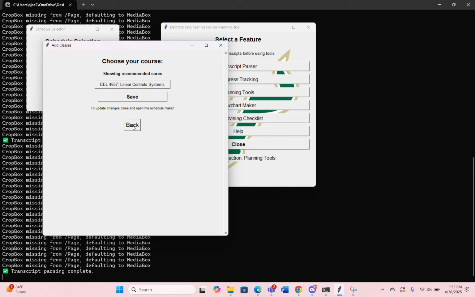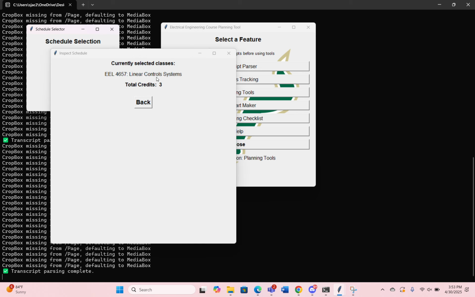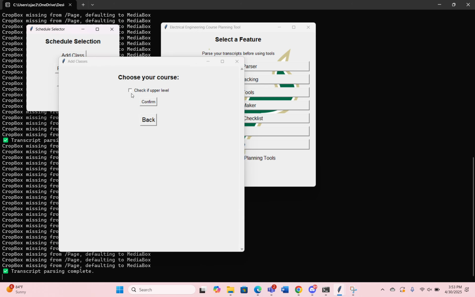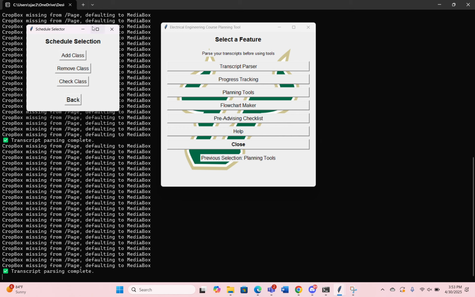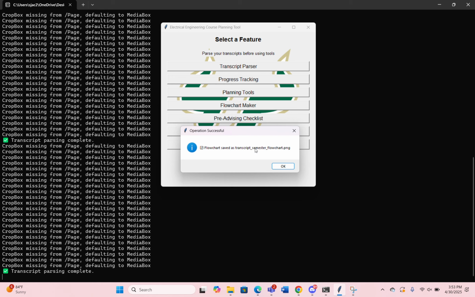Anyway, we show linear controls, save that we took it, check to make sure it's in there. So I did indeed sign up for linear controls, right? Just to prove it's gone now, if I go to try and look at it again, it's not there because I'm already signed up for it. So now that I'm signed up for it, I can go to Flowchart Maker,